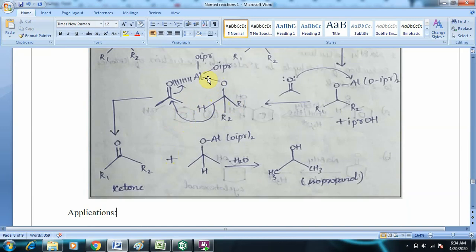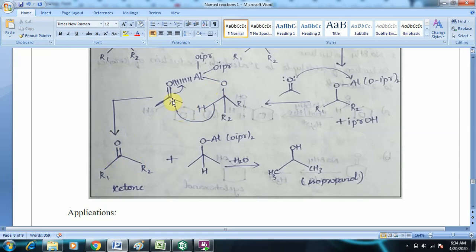So this bond has to cleave, and the bonding pair of electrons will migrate to here. So there is a new additional double bond formed between this oxygen and carbon. Here you can see that the carbon is doubly bonded to oxygen, the hydrogen is lost, and R1 and R2 are intact. So this is formation of a ketone,